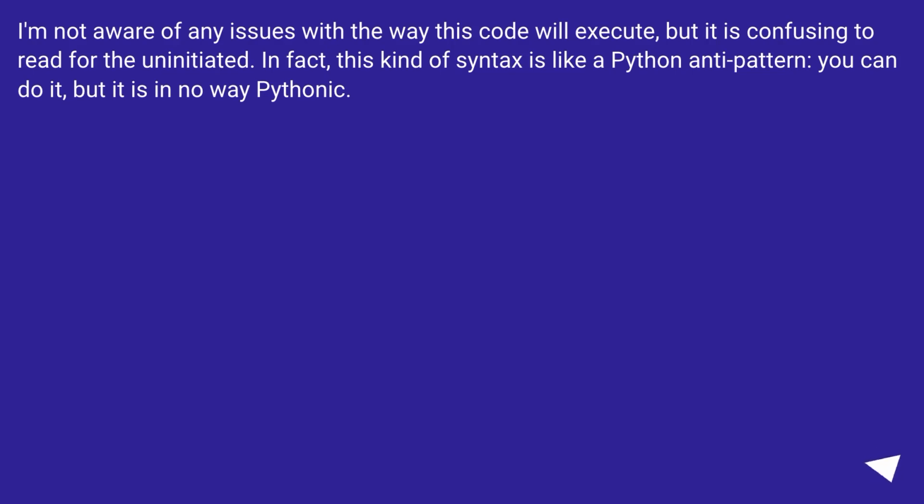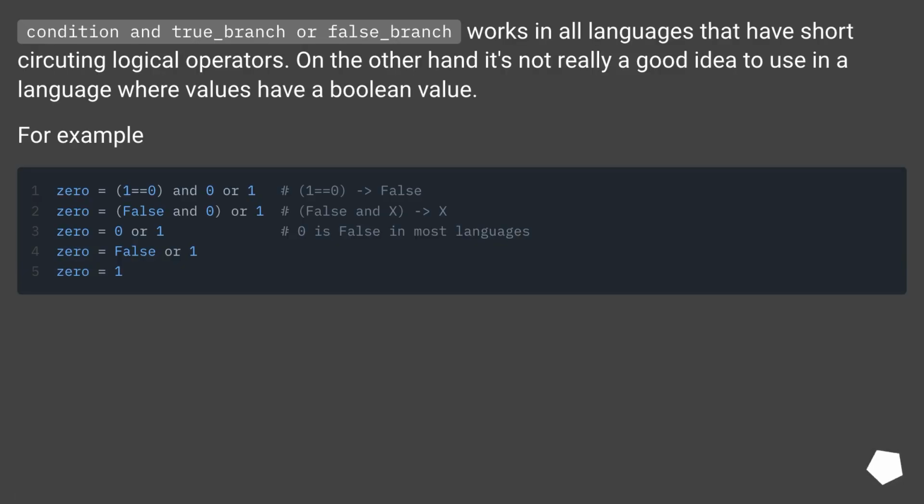I'm not aware of any issues with the way this code will execute, but it is confusing to read for the uninitiated. In fact, this kind of syntax is like a Python anti-pattern. You can do it, but it is in no way Pythonic. "condition and true_branch or false_branch" works in all languages that have short-circuiting logical operators. On the other hand, it's not really a good idea to use in a language where values have a Boolean value. For example,